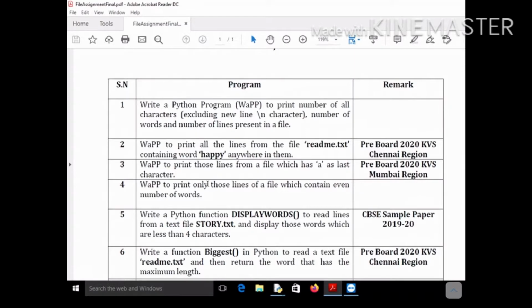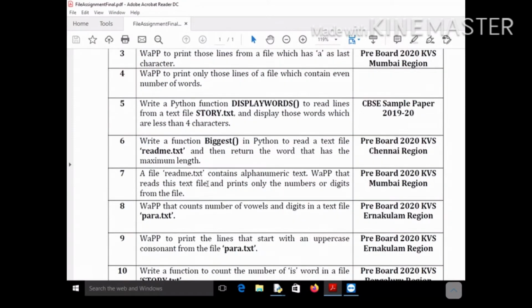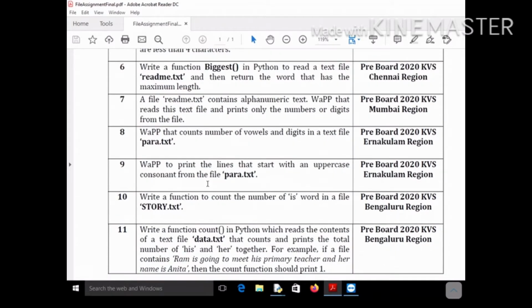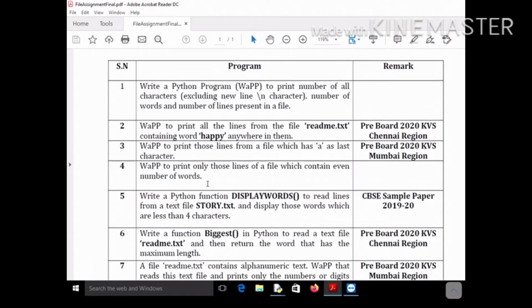Okay, in the last class also we had discussed two programs, I think 2-3 programs, and today we are going to discuss more. This assignment comprised 11 questions, so maybe we will discuss 5 or 6 questions today, and the rest you try again, and if you are able to do it then it is well and good, otherwise I will discuss it again.